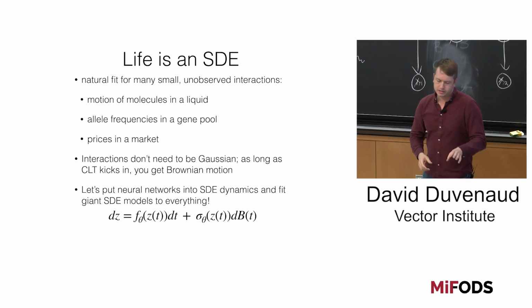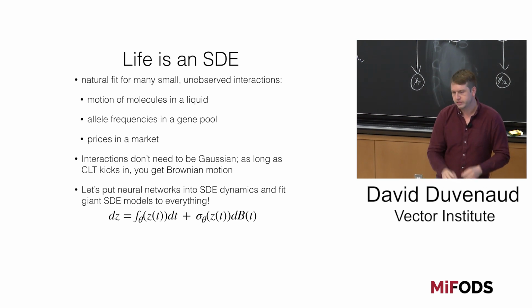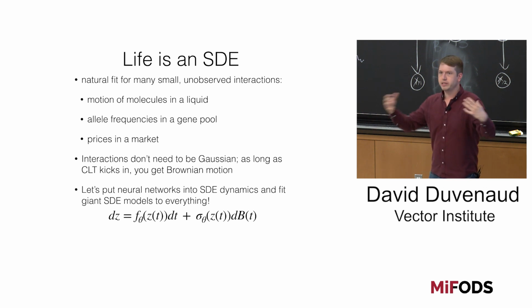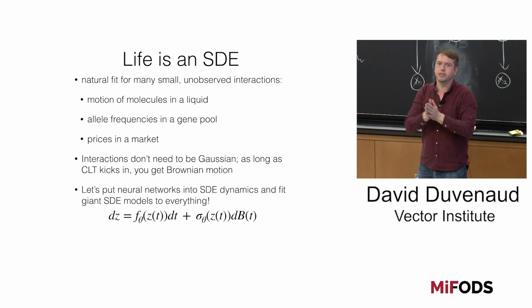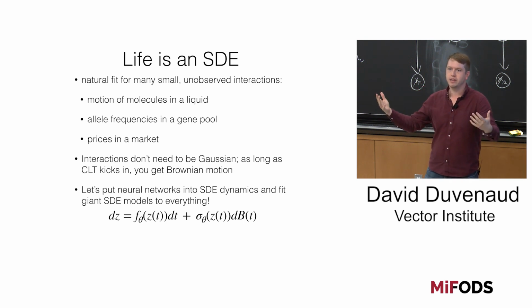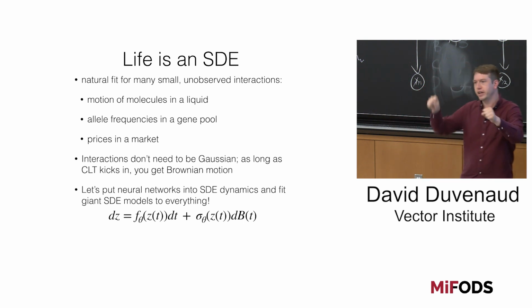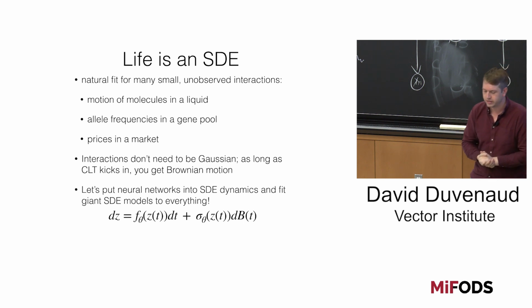It's kind of funny. This SDE only really applies in this intermediate regime when there's enough interactions such that things look Gaussian, but not so many that they completely smooth out and the variance goes to 0, right? Like at some point you get an ideal gas law and you don't need an SDE anymore. And if you only have 10 animals in a system, you again shouldn't use an SDE.